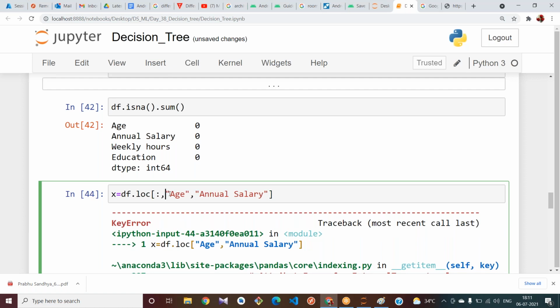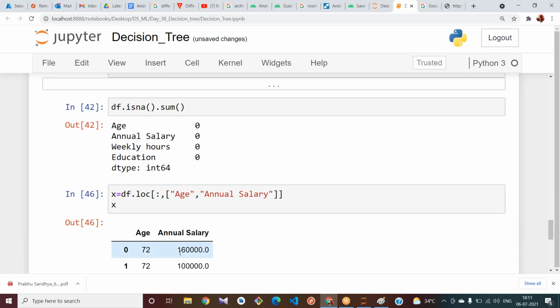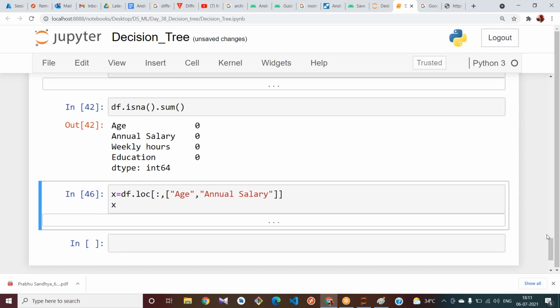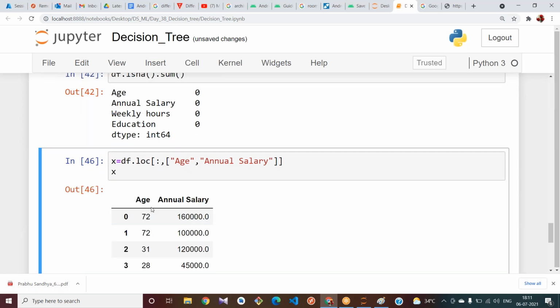We can take it in this way also. We can take it in any way, it's your choice. By using iloc you can take, or by using direct indexing also you may take. We have taken age and not salary, for weekly hours. Nobody reminded me. Weekly hours.